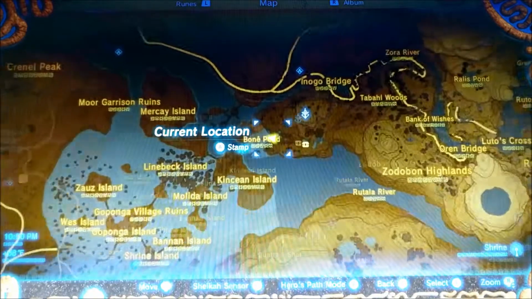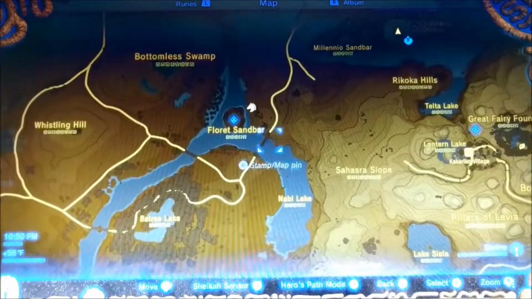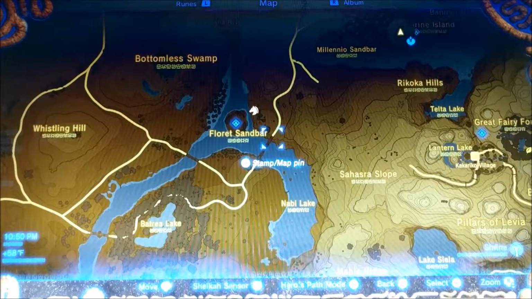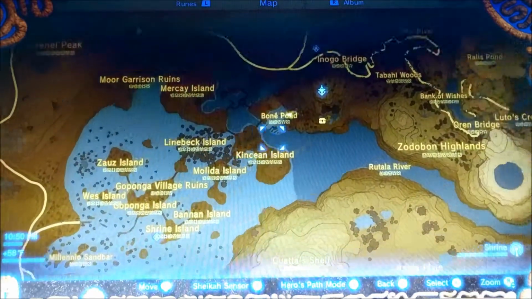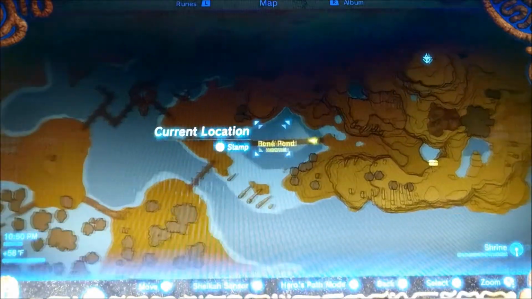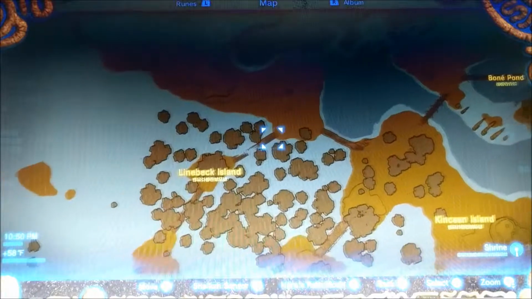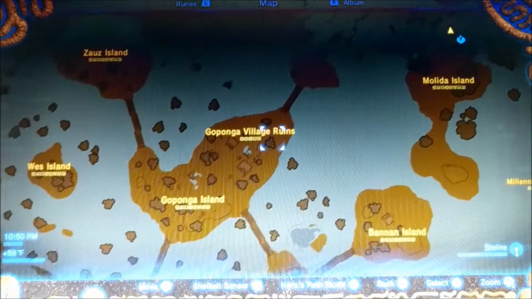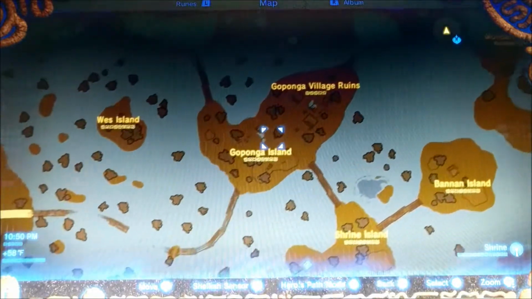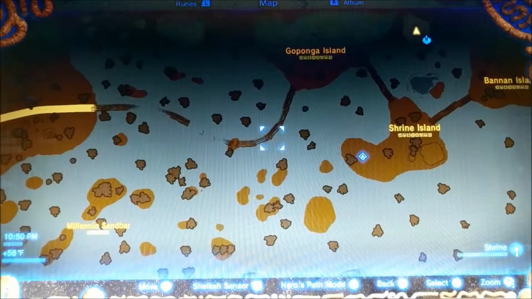Anyway, so here's the path, all right? We're trying to go from here all the way to here, right to the east of the Floret Sandbar on that bridge. Here's the path. You go across this bridge, go down here, and then you're going to head up this way, go over through Linebeck Island, down here, through the Gaponga Village ruins, cross Gaponga Island, and then once you get to this point, I was very, very careful trying to keep it